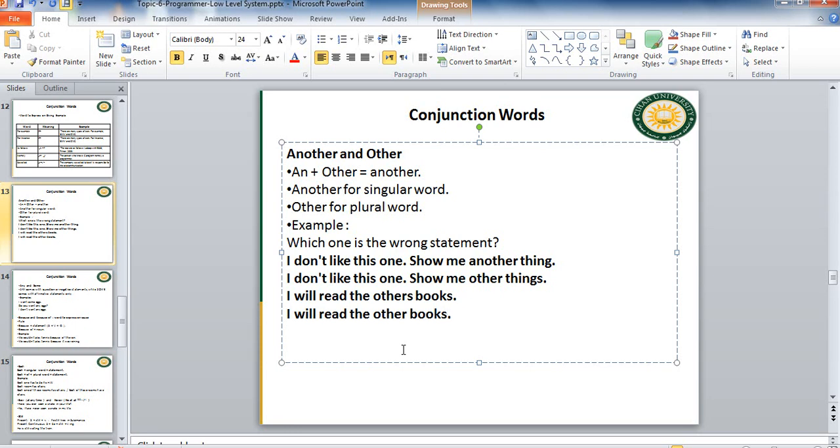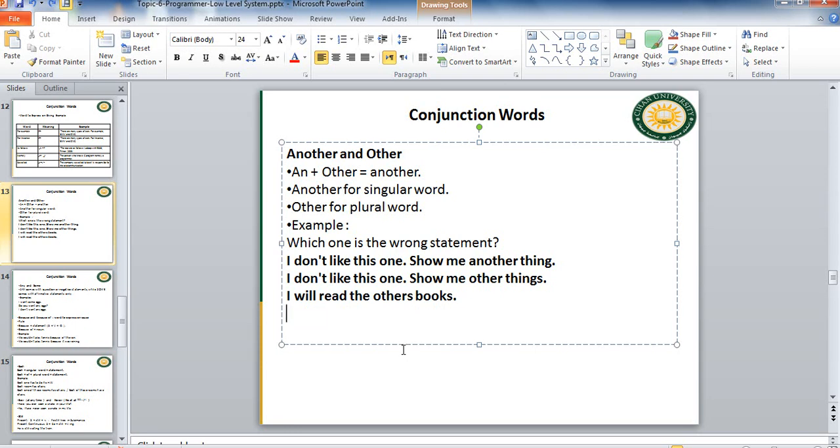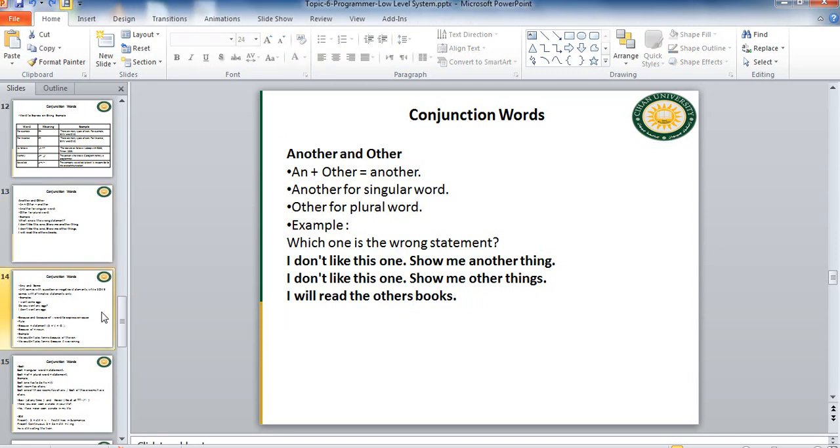So that's another example. I will not go for this, okay. But I am just showing you an example where you use other and another. So if the word after this one is plural, use other. If you are going to talk about single, use another, okay. But be careful, it's not S. There is no S. So this is a mistake because there is S here. Now let's go for